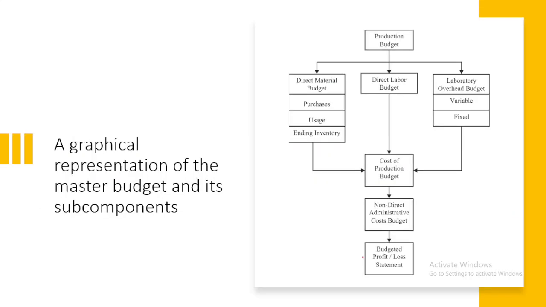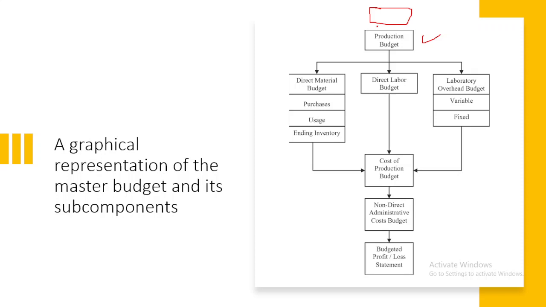So this is a graphical illustration of what a master budget almost looks like. What we are showing you here in this picture is only the operational budget. So this is not a full master budget. This is an operational budget where you get to talk about the production, and before production we need to have sales. So we're going to have sales here, which is going to be forecasted to say that these are the amount of units we expect to sell.